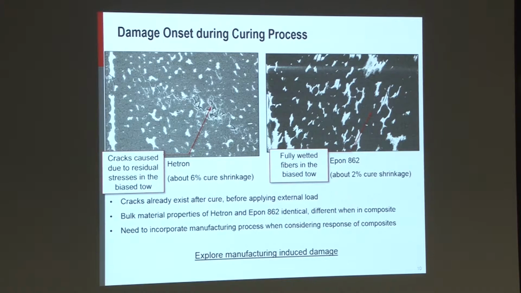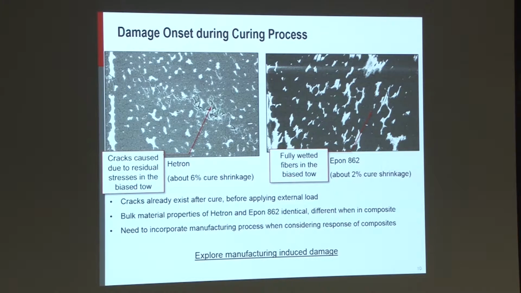A little bit more in-depth study showed that when we use two systems with the same reinforcing material, for example, carbon fiber, and the same architecture of fiber, and also an identical manufacturing process, but two different resins, Hetron and Epon, we observe that the damage caused within the material is very different. There are cracks that showed up in the Hetron case, and the material was very good in